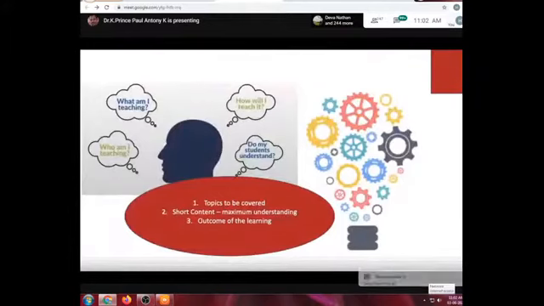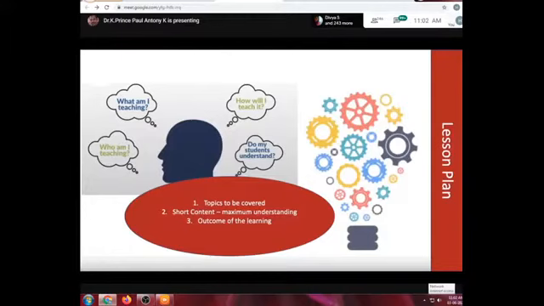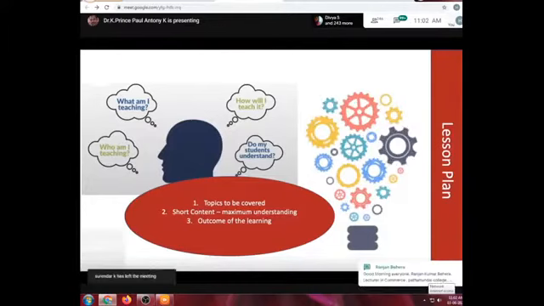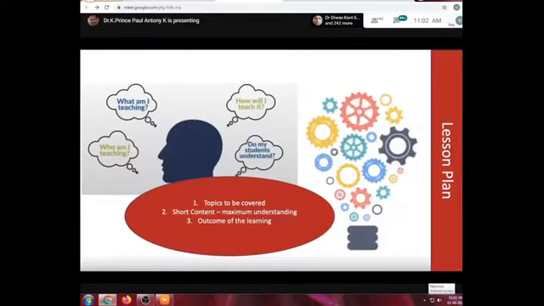So first thing what you have to do is a lesson plan. Your topic which you're going to cover should be properly analyzed, and a short content should be made so that the students can understand that maximum, and the outcome of the learning of this particular topic which you're going to cover should be decided properly. So plan your online class in advance. The class you're going to take